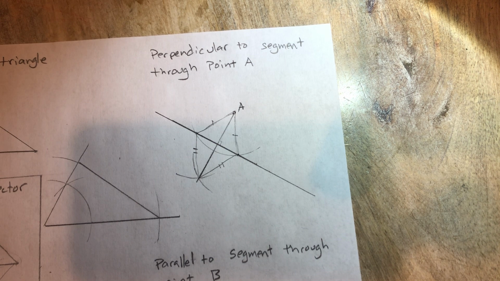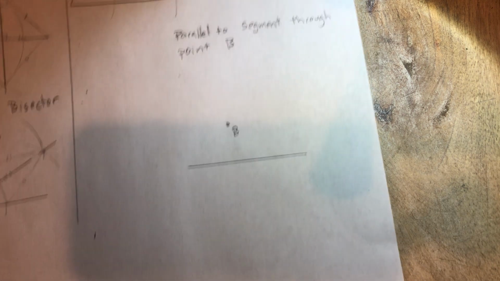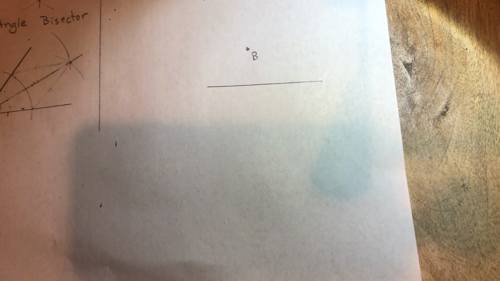And the final one is the parallel. There's a lot of different ways to do this, the parallel. Some people do two perpendiculars, but my favorite way to do this is just to create congruent angles. Essentially, I'm going to create parallel lines using the corresponding angles concept. So what I do first